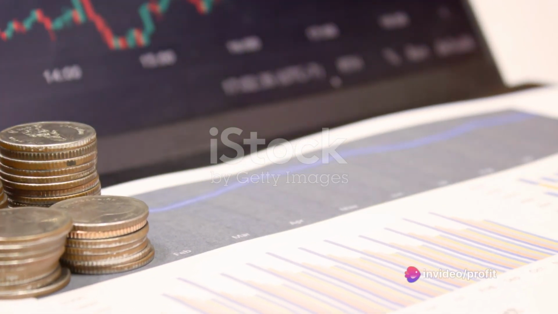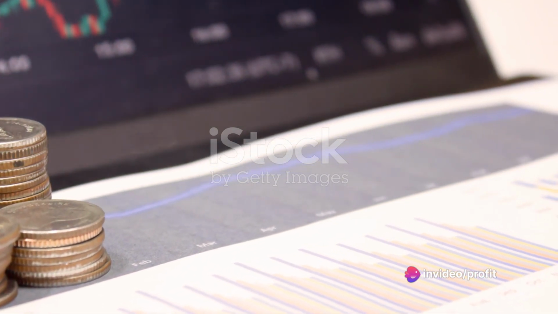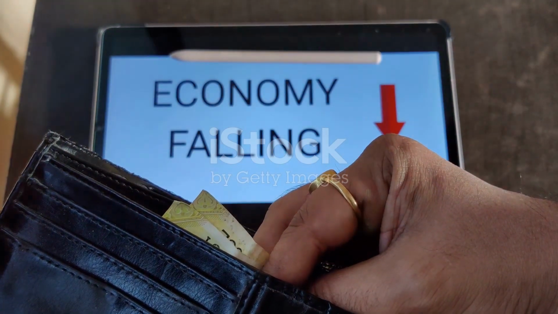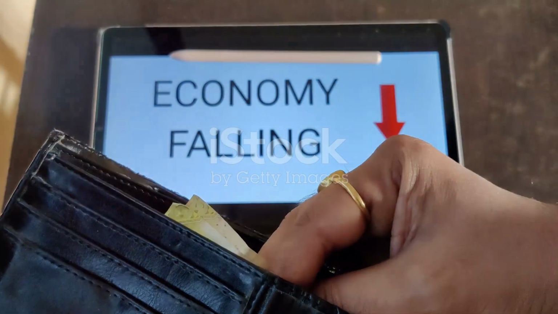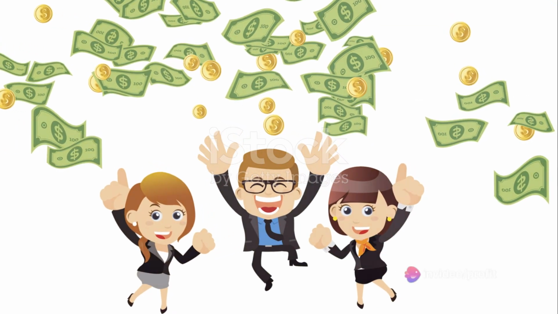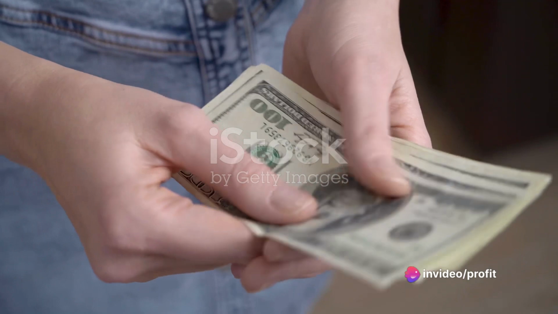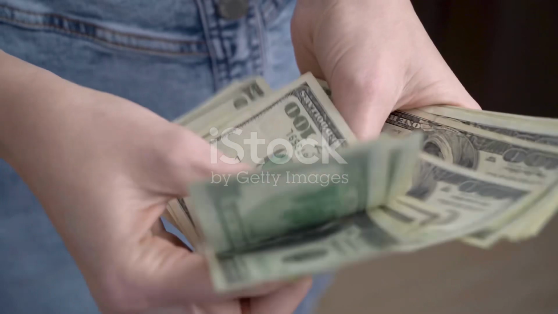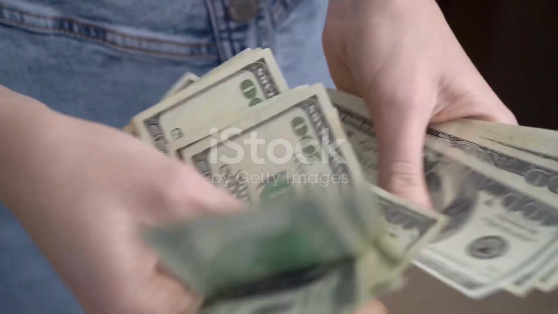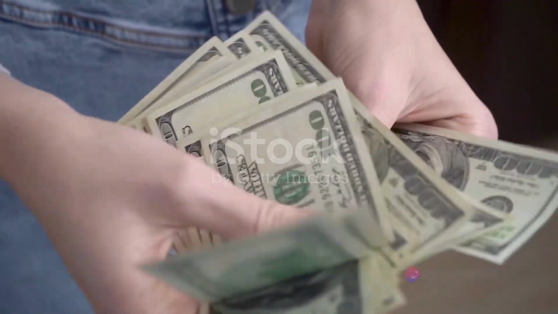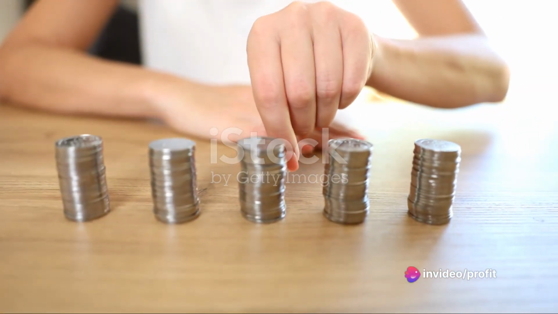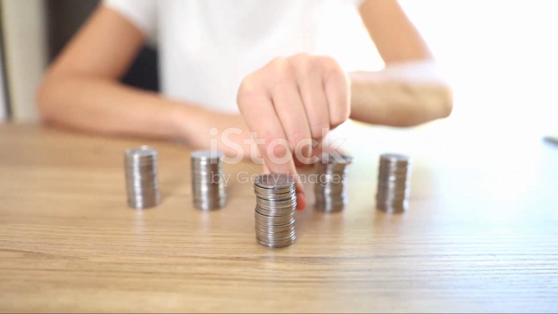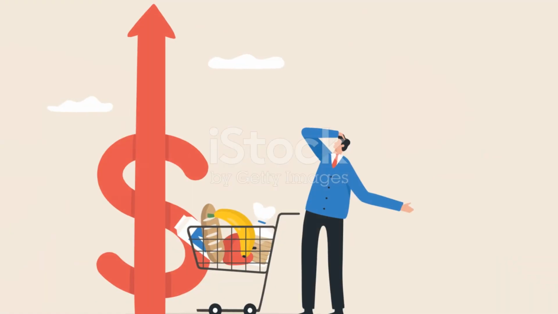High inflation can make people feel poorer as the cost of goods and services outpaces income growth. It can also create uncertainty, making businesses less likely to invest and hire. In the worst cases, it can lead to hyperinflation, where prices increase at an extremely rapid rate, causing significant economic instability. Inflation is like a coin with two faces. On one side, it stimulates spending and investment when kept in check. On the other side, it can decrease purchasing power and create economic uncertainty when it spirals out of control. So inflation can be a friend or a foe, depending on how it's managed.